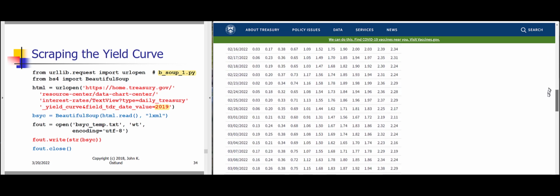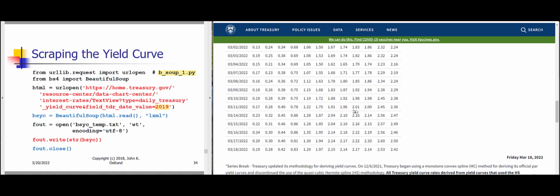In any case, if we go down to March 18th, we see that the interest rate for a 1 month investment in a Treasury bond or Treasury bill or Treasury note, whichever. I forget the maturities that those terms apply to, but some of these are called bills, some are called notes, some are called bonds. They're all bonds. They're all the same. They're just the terms are different. Okay, so we have a 0.19% rate for a 1 month